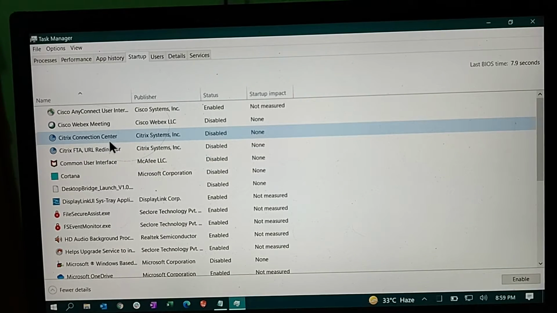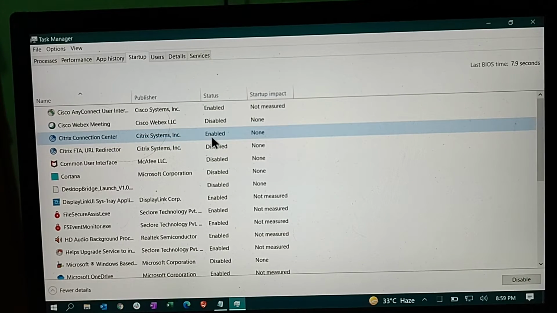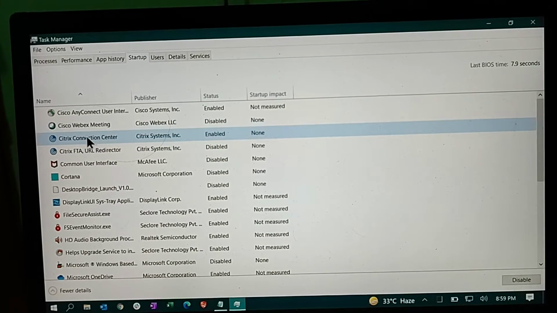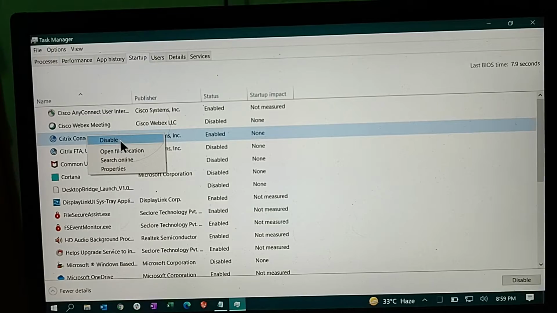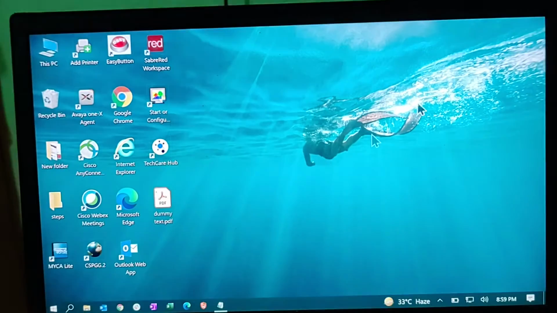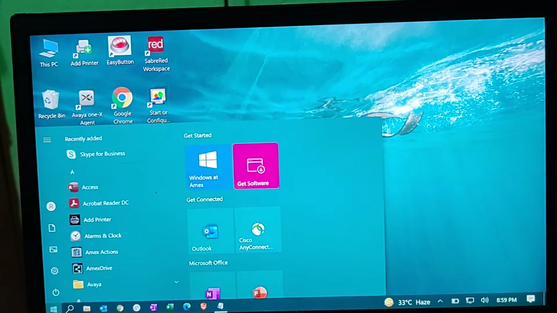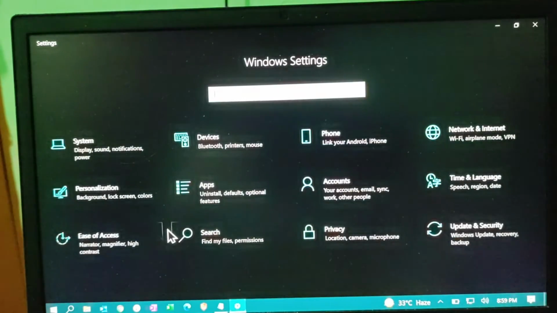If you want to enable, just right click and enable, so it will be enabled, or if you want to disable, just right click on the application and click on disable. This is the first way, and the second way is just go to the start menu and open settings,